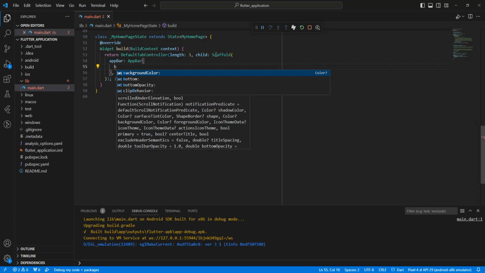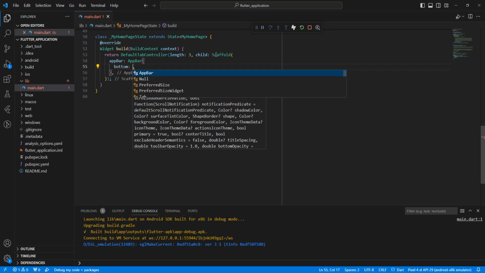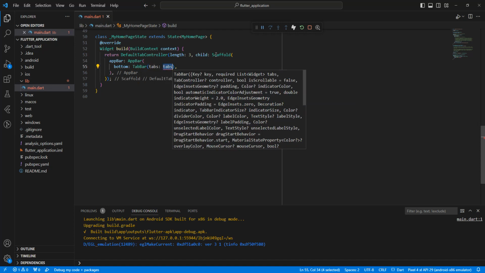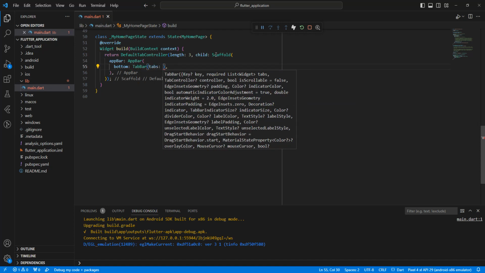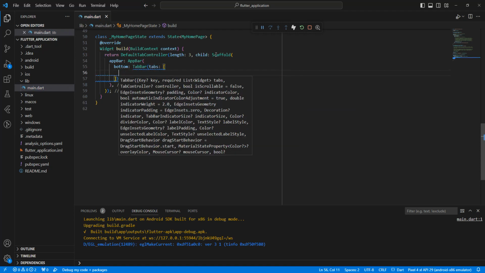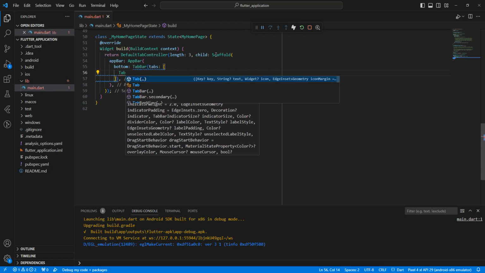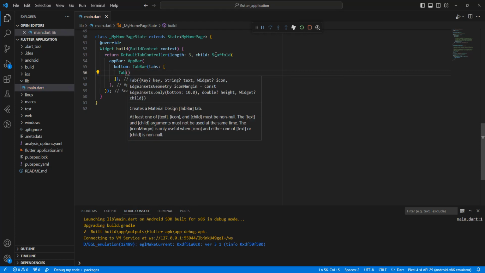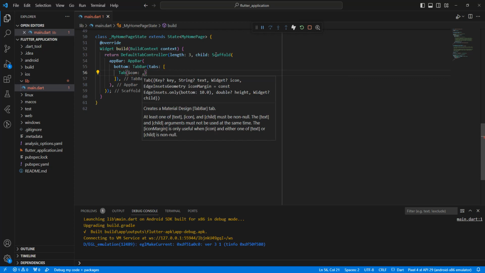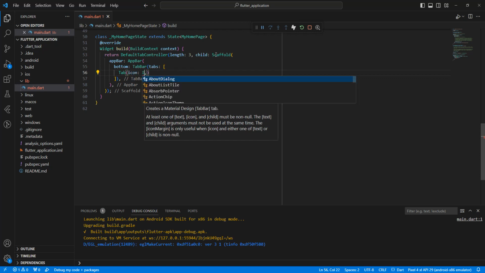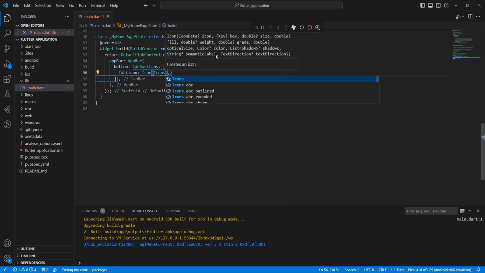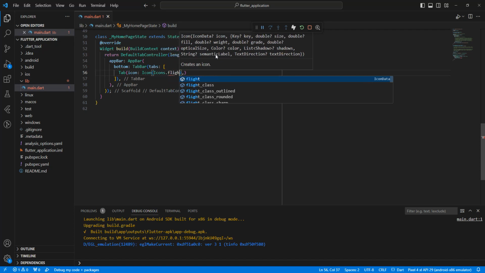we use bottom, write tab bar, tabs array, write tab, icon, write icon, icons dot light,